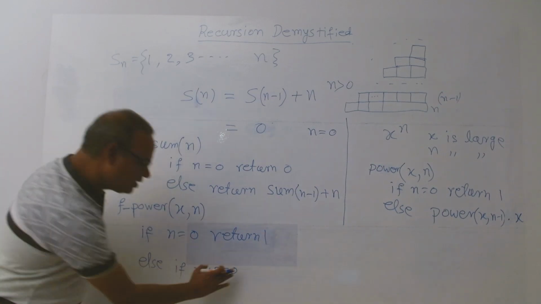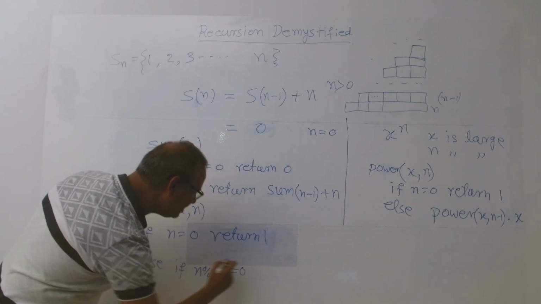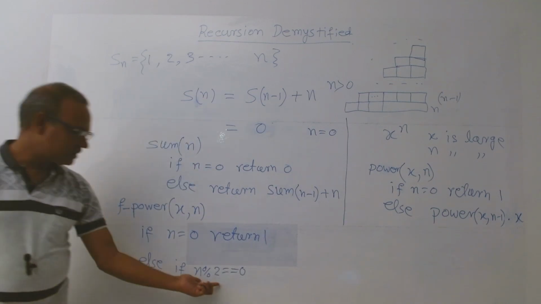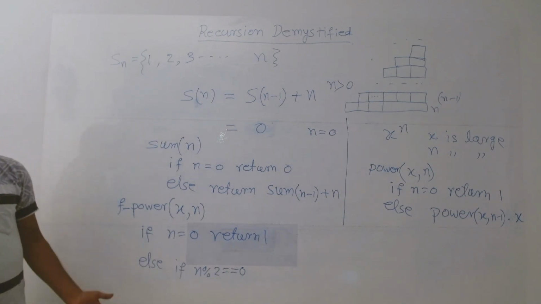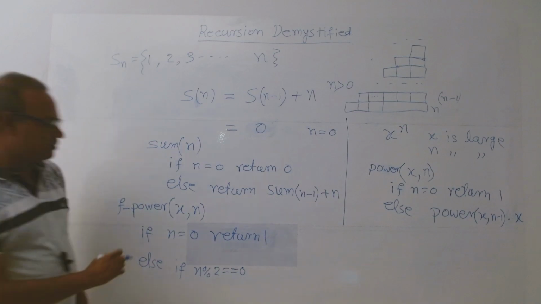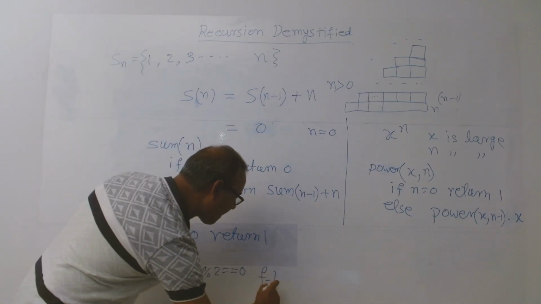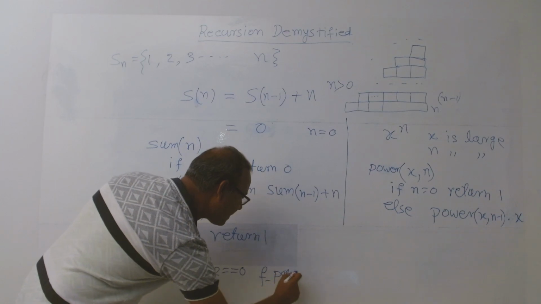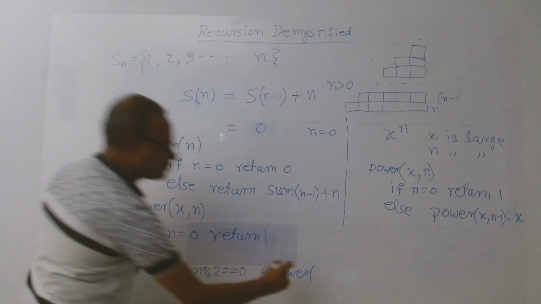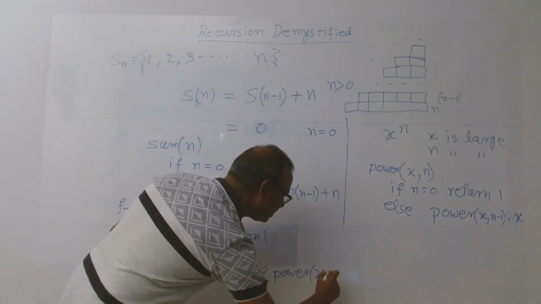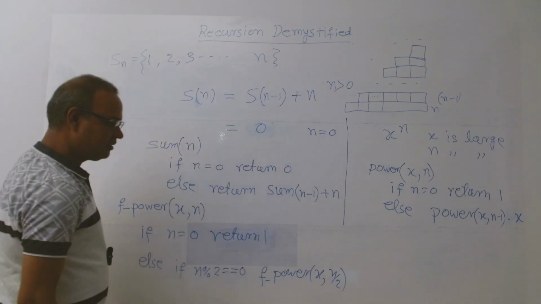We have to write double equal to, otherwise it will be an assignment. Okay, n % 2 equal to 0 means it is even. Then we will simply call f power of x, n by 2,